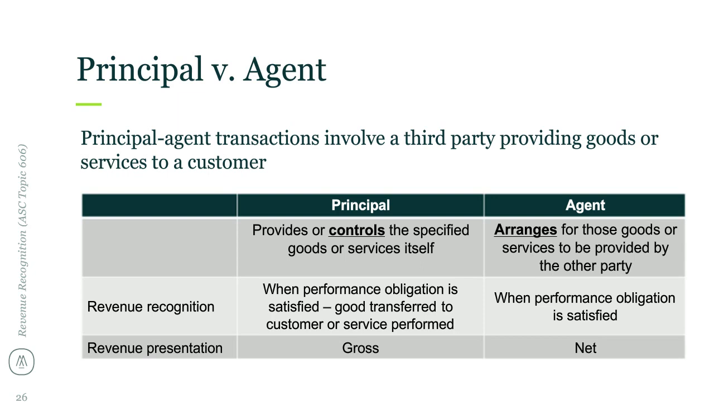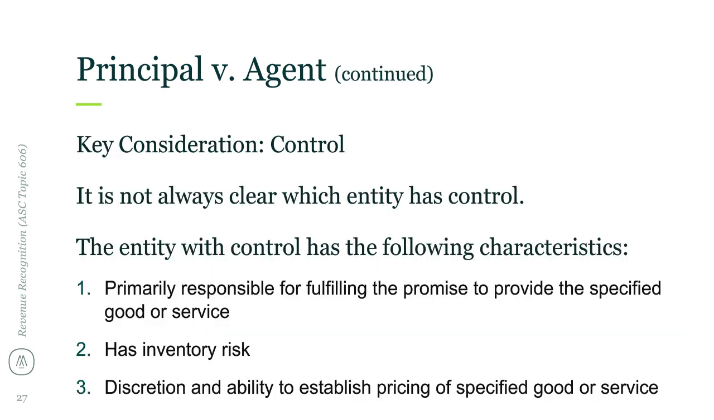So let's take a closer look at the concept of control under 606. It's really not always clear which entity has control, which we just established, so you will need to perform a thorough analysis of each contract in terms of control. You are considered to have control and will be accounting for the transaction as a principal if you have any of the following characteristics. If you are ultimately responsible for delivering the good or providing the service,